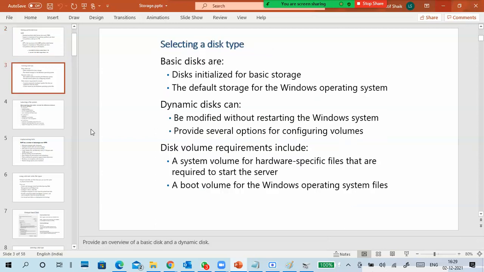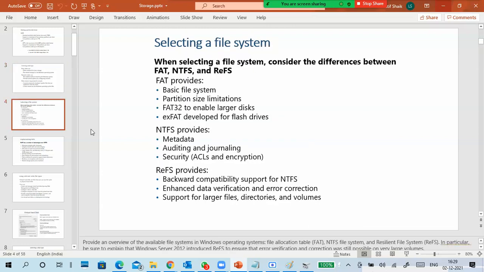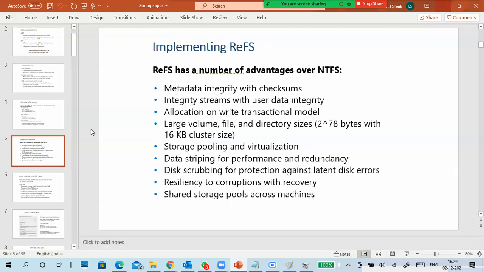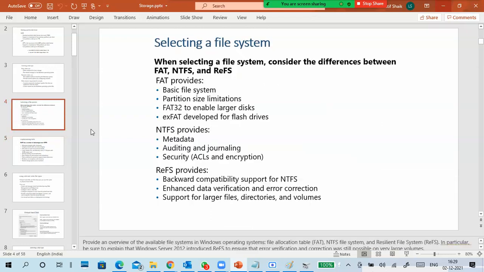Basic disk and dynamic disk. Basic disk is mainly for operating system storage purposes, and dynamic disk is basically for storing a huge amount of data, or a combination of multiple disks. Through that we can store huge amounts of data, or have redundancy, mainly by implementing RAID levels. Next, the different file systems as per Windows: FAT, NTFS, ReFS, and exFAT. Four things I would say: